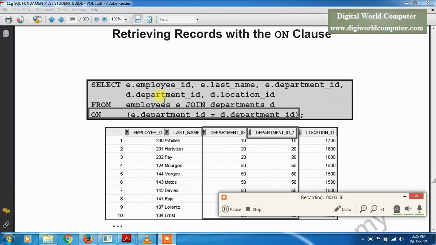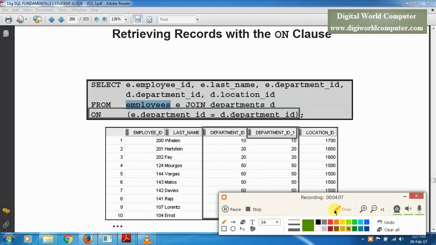Now we have two tables. The first table is department and the second table is employees. Here you can see both the two tables. Here is the first table, that is employees, and the next table is department. We give an alias, that is E and D, and we join through on clause